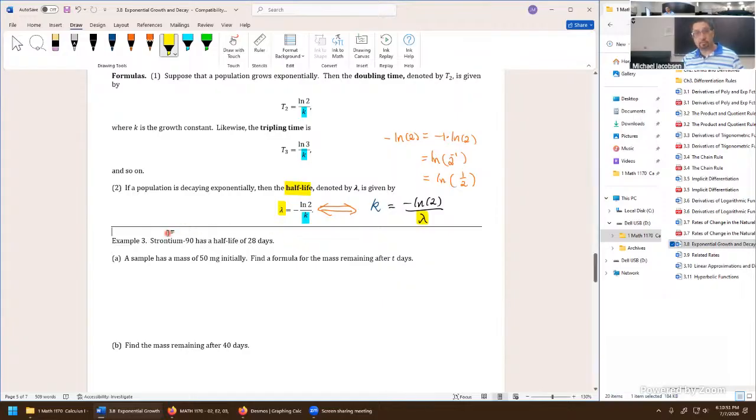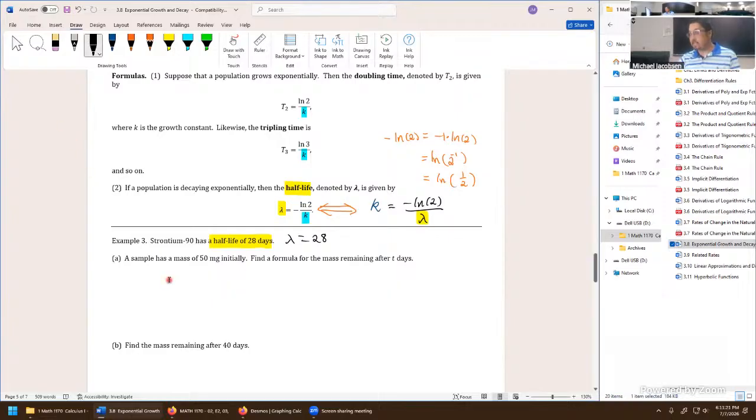So we're looking into an interesting radioactive isotope, strontium-90. I'm going to have to research that, but I believe this one is used for medical imaging, most likely. It has a short half-life of 28 days, which is good if that's the case. It flushes out of your system in a reasonable amount of time. So they provide us a half-life for this isotope. We would typically write down lambda is 28.